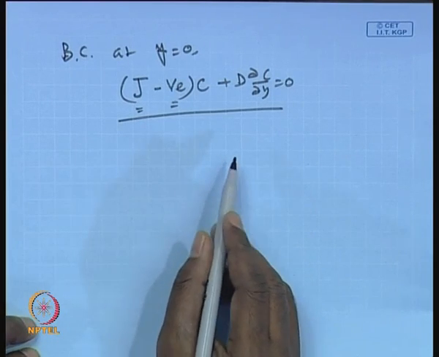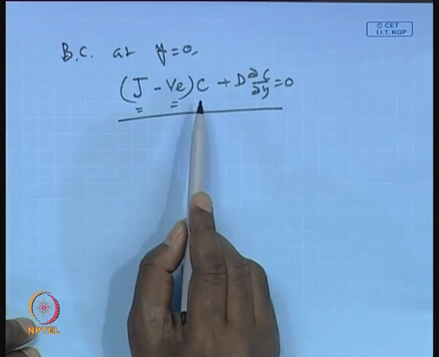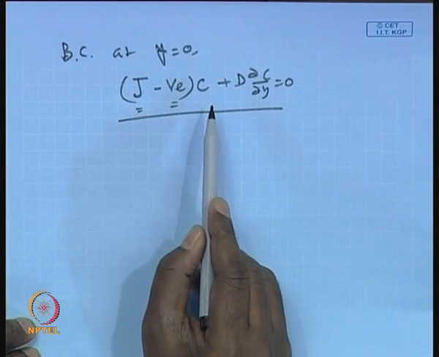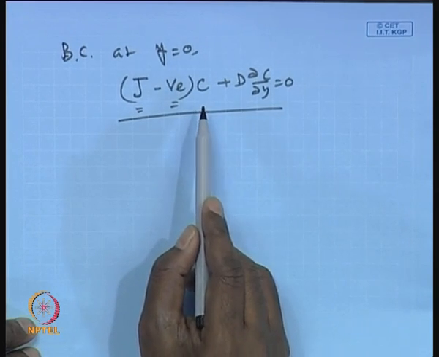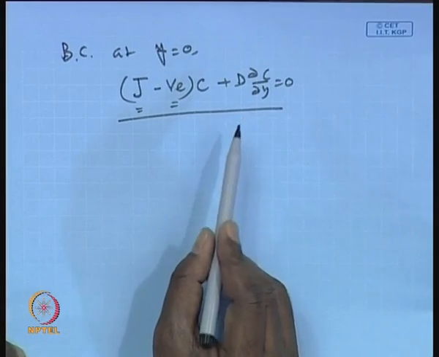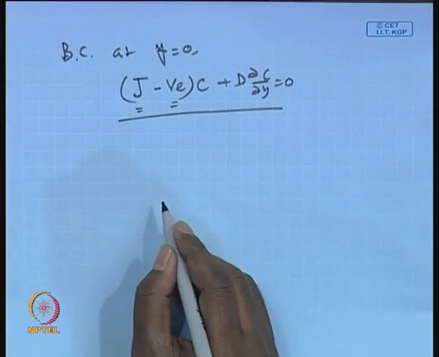And if you remember, this becomes the governing equation in case of gel layer controlling filtration, that is a one dimensional model. So, the governing equation of a one dimensional model becomes the boundary condition of a two dimensional model. Okay. So, now this set of equations in case of osmotic pressure control filtration, I am not solving it here,